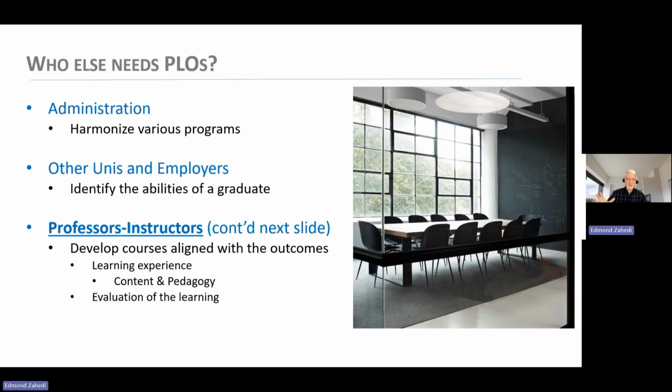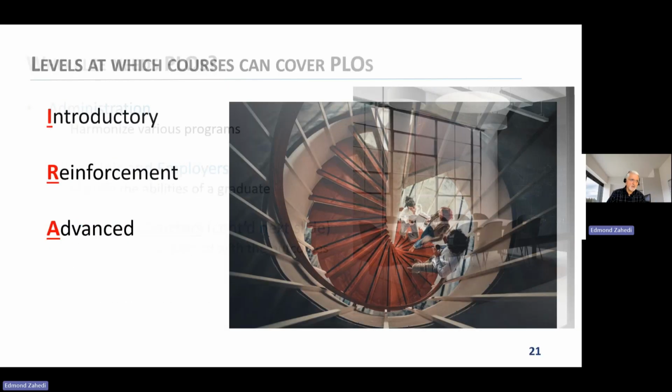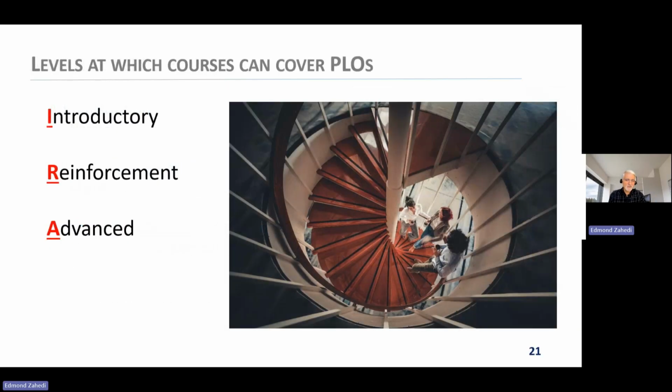So how are they going to judge whether they have enough content or not enough content? Is this course that they are developing aligned with the other courses? Is this course at all supporting the program, or is it doing something on its own? Everything goes back to program learning outcomes. But which brings us to another topic, which is how these program learning outcomes are going to be infused inside the students or transferred to the students.